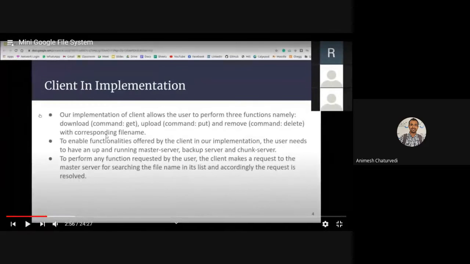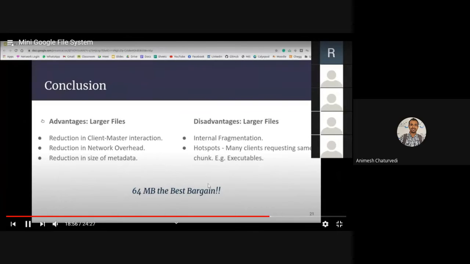So these are the students who are working in the group, and they have chosen the topic as mini Google file system, and they are presenting their work, what they have done. They have done the client side coding, they have done server side coding, and then the mini Google file system was created. Most of the code was actually available on GitHub repository in Python. So they had used that code and executed, re-executed that code. There were six members in the project in total. Another student developer also took 64 MB as the standard option in the file system.